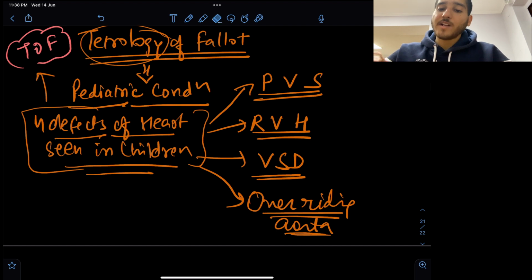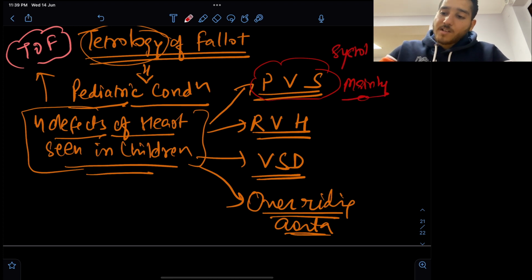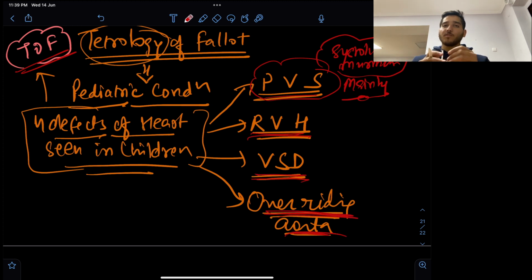In tetralogy of Fallot also we get some murmur. Okay, and this murmur can be because of this pulmonary valvular stenosis mainly. Okay, so we can also get systolic murmur in case of patients of TOF. Okay, but for calling it a tetralogy of Fallot, we should be having all these things. Okay, all four these defects. Okay,